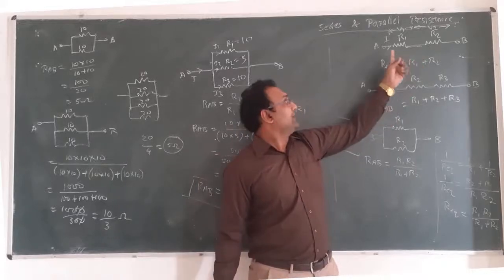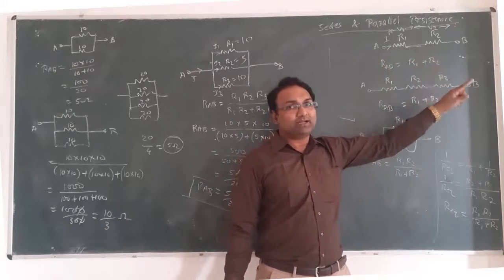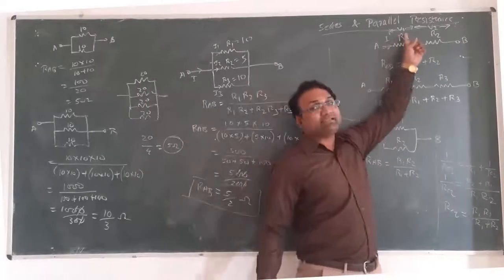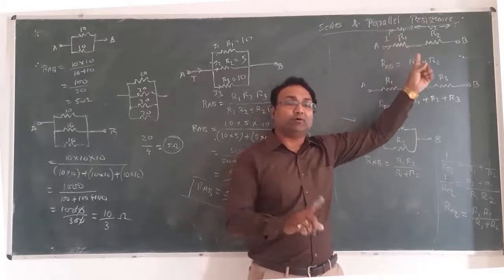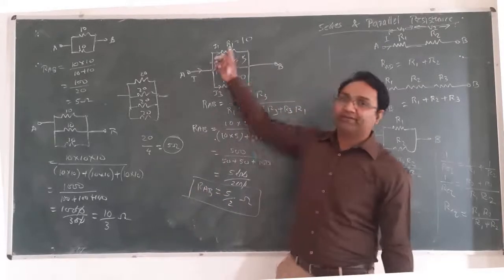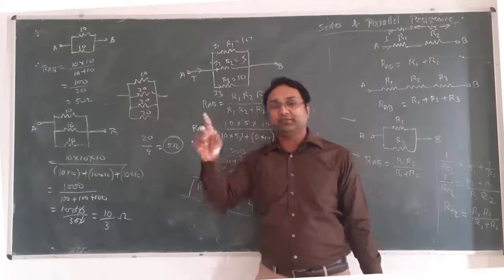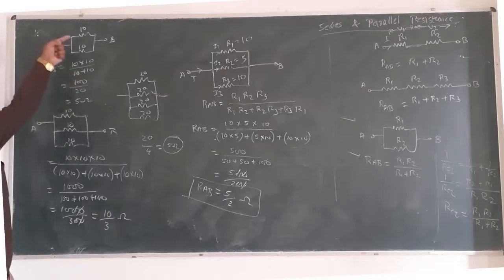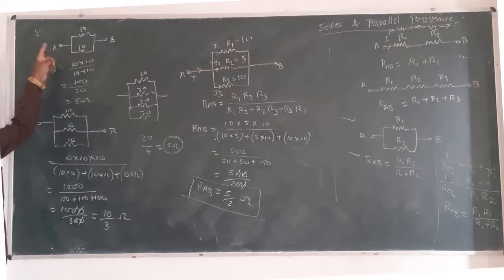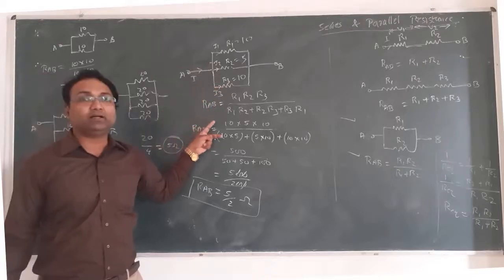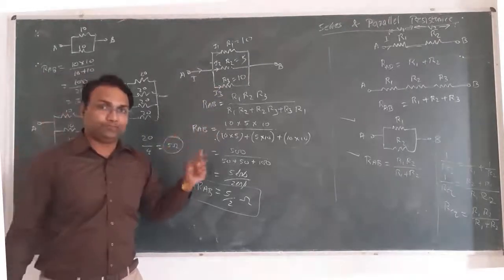Further, we have discussed the series and parallel combination of resistances. In series it is very simple: R1 plus R2, R1 plus R2 plus R3, right? A very important point we understood is that in series the voltage divides whereas the current remains the same or constant. The second point is that in parallel the current divides but the voltage remains the same. It is reversible, right? One more important point: if there is a parallel combination of similar value resistances, we can use the trick we discussed earlier. But if there are dissimilar value resistances connected in parallel, then we have to go by the basic formula or basic law.